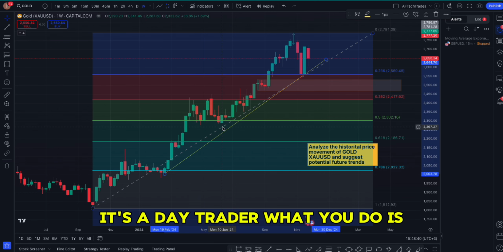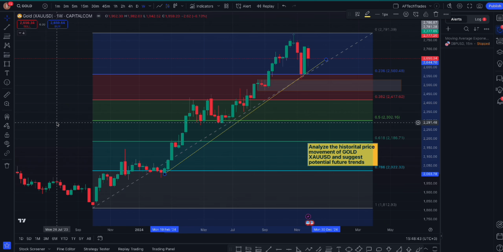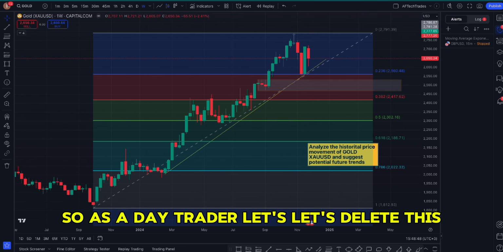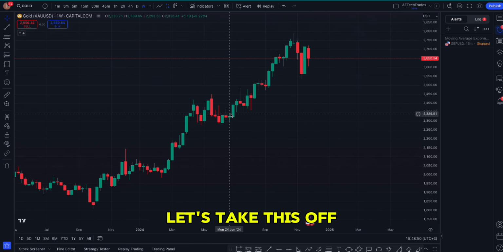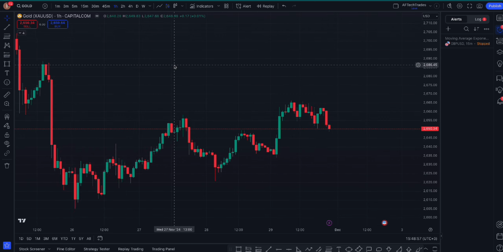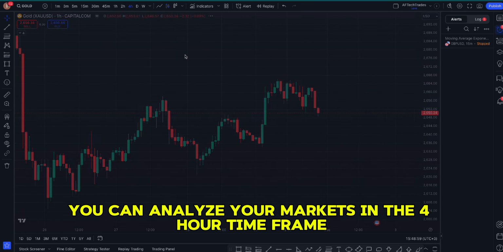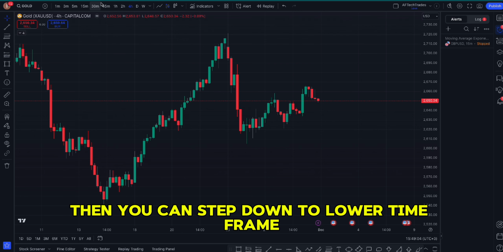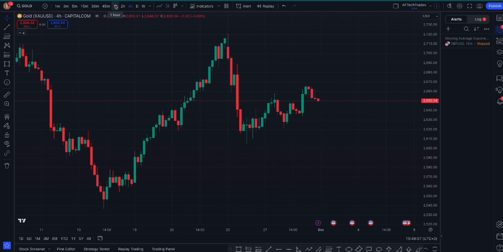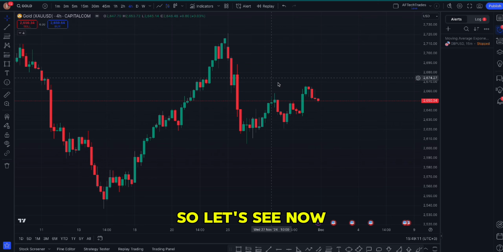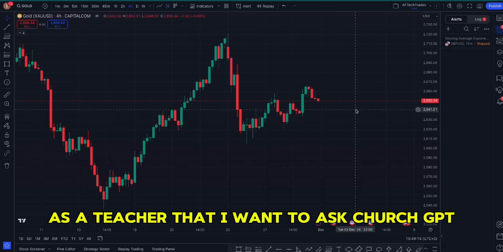As a day trader, let's delete this. Let's take this off. So let's go back to lower time frame. As a day trader, you can analyze your markets in the 4-hour time frame. Then you can step down to lower time frame for confirmation and entries. So let's say now, as a day trader, I want to ask